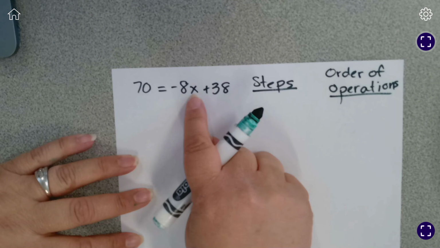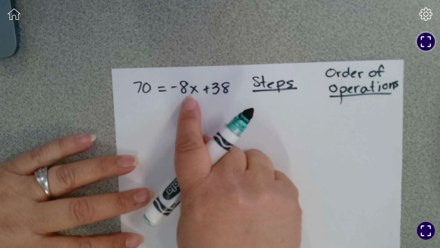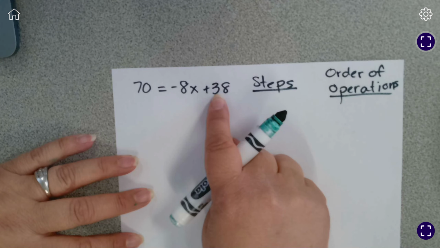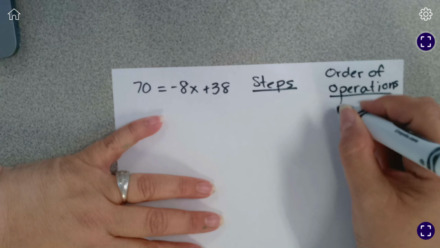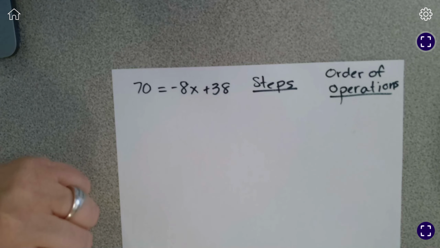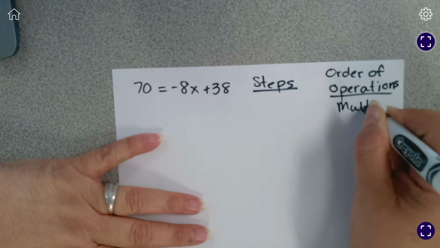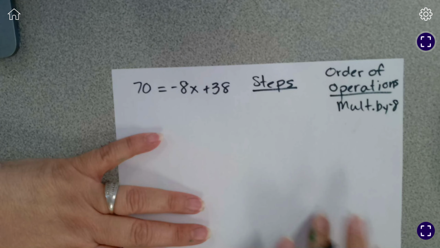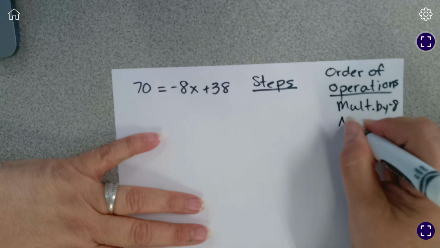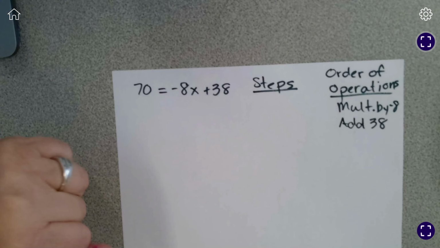We're doing order of operations, so multiplication. This is multiplying -8 with x, and then add 38. Multiplication is first in order of operations, so first thing is multiply by -8. And then the second thing is add 38. Okay. So then,